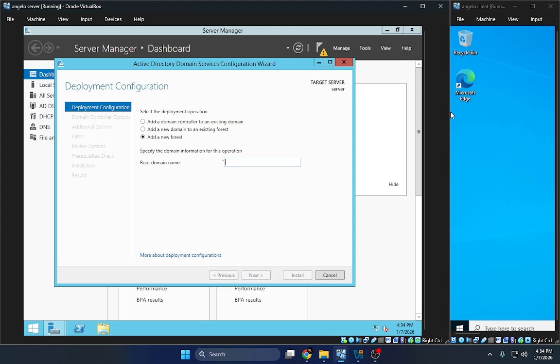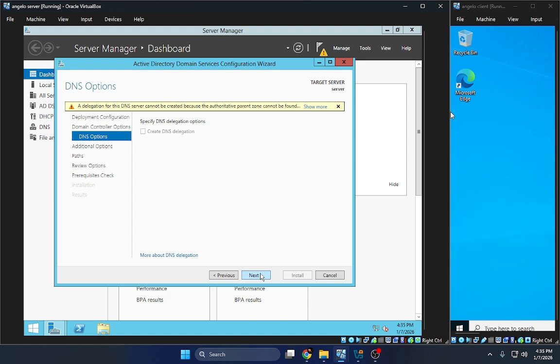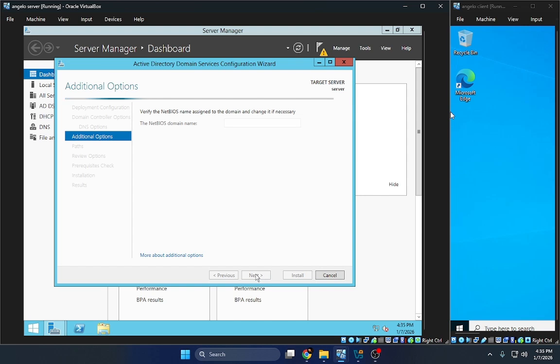Now, promoting the server to the domain controller. Let's create a domain. Next, we need to configure the Active Directory. In the server manager, I click the notification flag, then select promote this server to a domain controller. In this configuration, I choose add new forest. Then I type the domain name as ictc.edu. Then next, I set the forest and domain functional level to Windows Server 2012 R2.